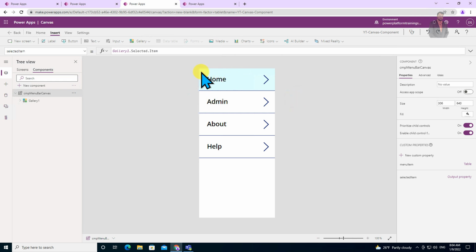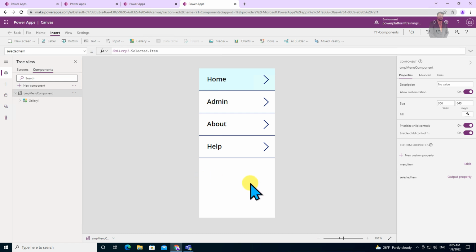Sometimes, for example, you have a requirement where you are defining some collections or some global variables inside your Canvas app itself. Now you want to use those context variables in your component library. At that time you can use this access app scope. In the case of an independent component library, you don't have that option. The reason is that in an independent library you don't have any global variables or any global collections. Everything you are defining here is in the context of components only.